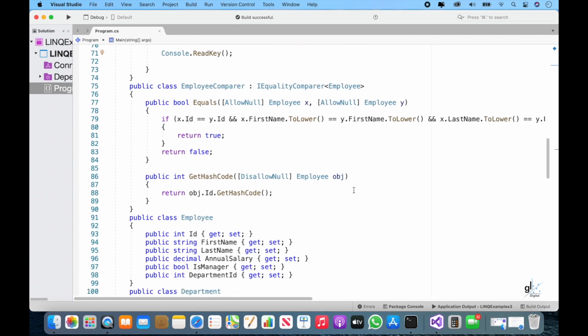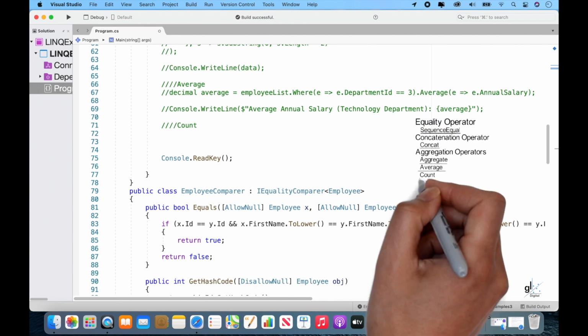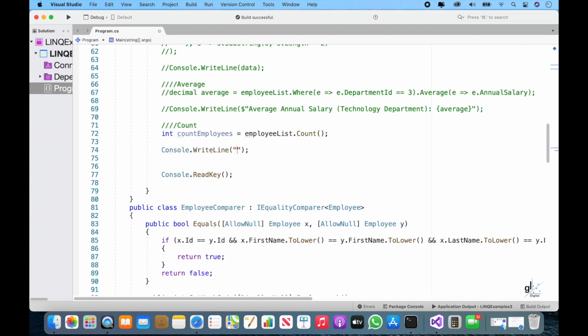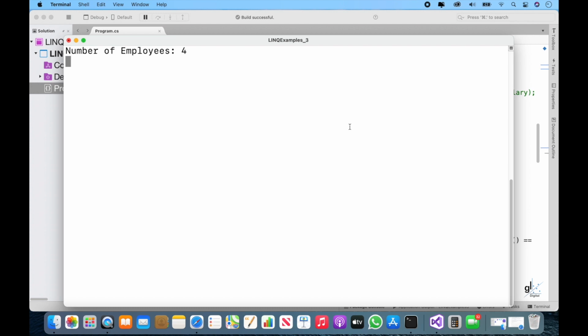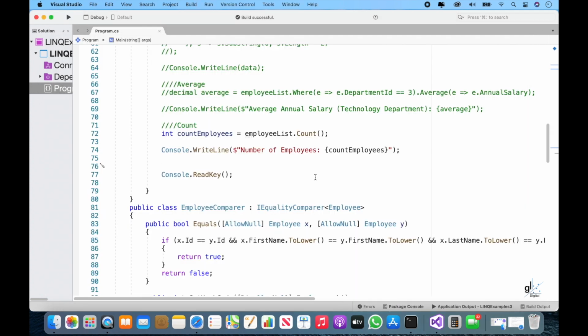Let's move on to the count aggregate operator. So if we want to know how many employee records we have in our collection of employee records, we can apply the count operator like this. Great. If we want to know how many employees are members of the technology department, we can pass in a